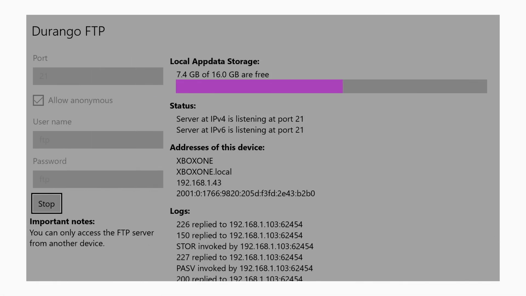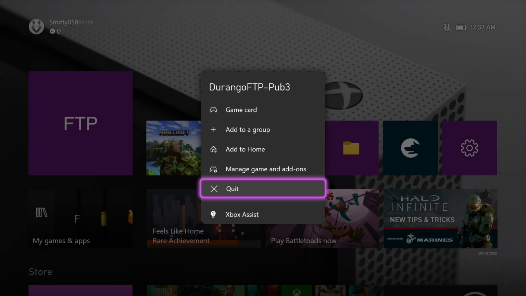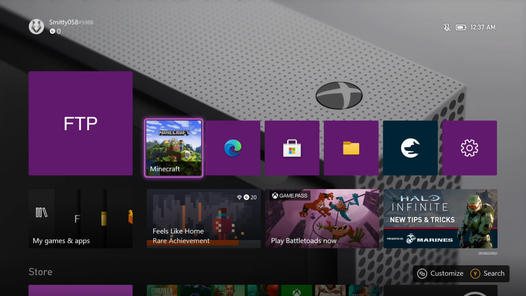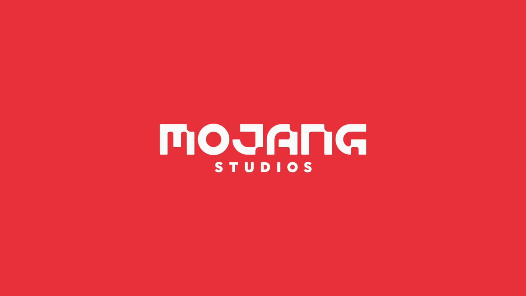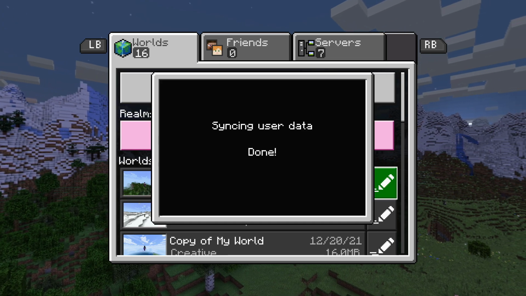So we're back to our Xbox here. The server still says it's running, so you want to go ahead and press stop, and then after you press stop, you can go ahead and just completely quit out of the FTP servers right here, and you want to go ahead and start up Minecraft completely fresh. Make sure Minecraft is completely fresh, a fresh new start. It's not already opened. Quit it, open it up, and once you load up to your game,